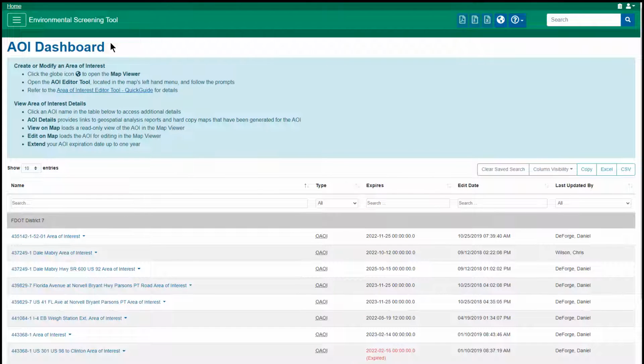The blue box at the top of the dashboard displays information for creating or modifying an AOI, as well as how to view AOI Details. I'll go into these in more detail, beginning with Create or Modify AOI. The information presented under this heading provides brief instructions for opening the map viewer and getting started with the AOI